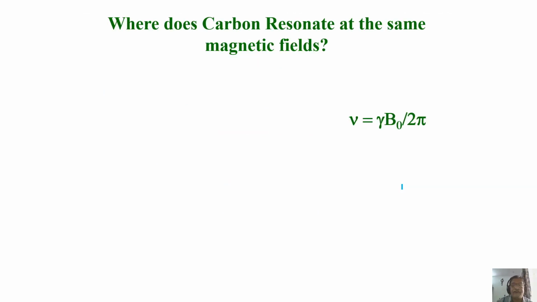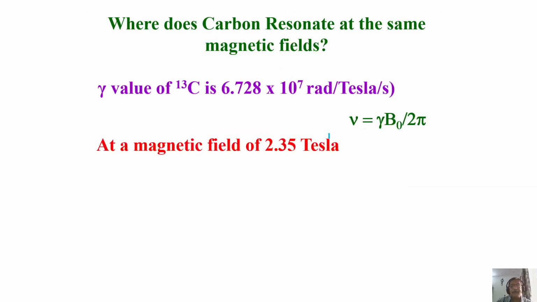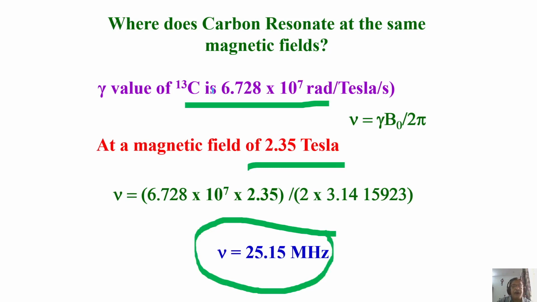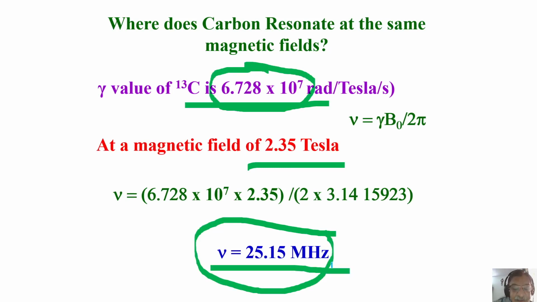Let us take the example of carbon 13. Carbon 13 gamma is this. In the same magnetic field of 2.35 Tesla, plug in the value, and it turns out to be 25.15 megahertz. Gamma of carbon is 4 times less than that of proton. As a consequence, nu is 4 times less. Correct. Proton was 100.06, and carbon resonating frequency in the same magnetic field is 25.15